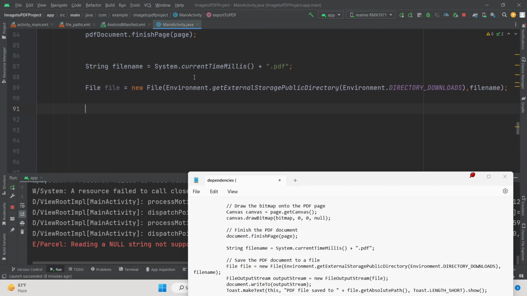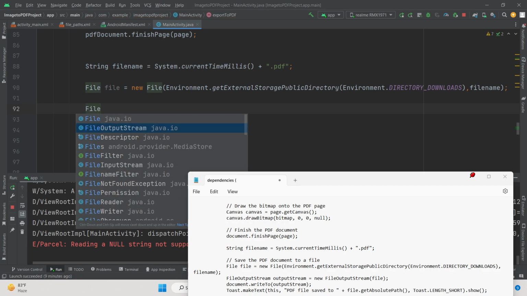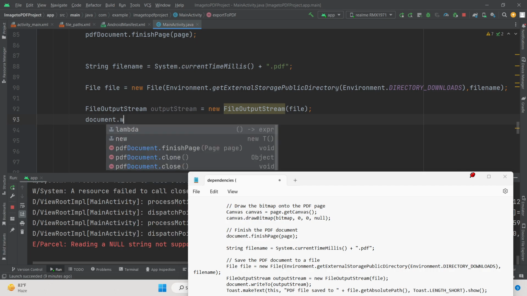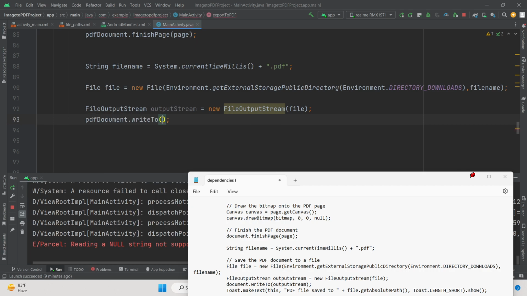So after doing this guys, we need to store the content of the PDF file. So we'll use the file output stream class, and output stream and new file output stream here, and here we will pass the file like this. That's all. And here we'll say document dot write to output stream. That's all. And here we'll simply show a message on the screen that your file has been successfully